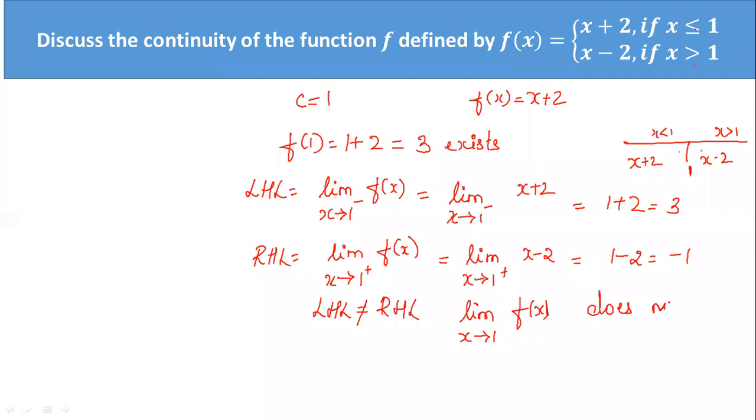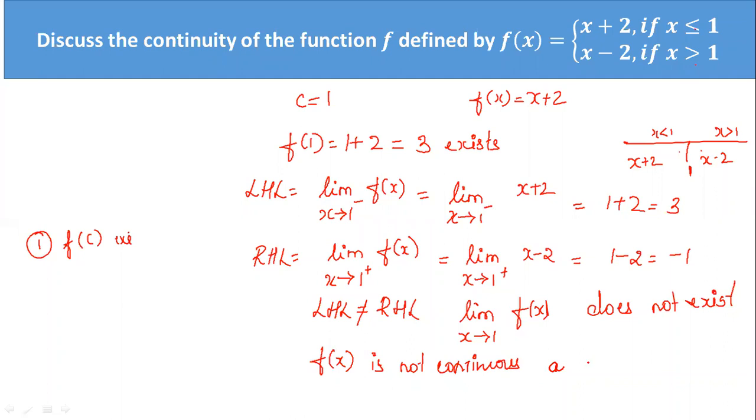So what can we conclude? Our definition to find whether a function is continuous or not says, yes, it is discontinuous. Good Subramanya, good Ranjita, it is discontinuous, or it is not continuous at x is equal to 1. So the given function f of x is not continuous at x is equal to 1. Okay, so this is the answer.